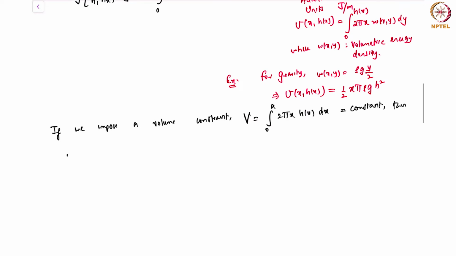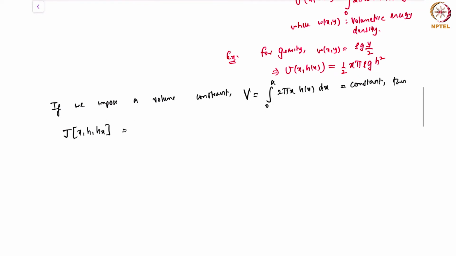Then the functional J, which is a function of x, h, and hx, where hx is the derivative of h with respect to x, essentially becomes the integral from 0 to a of f of h, hx, and x dx,